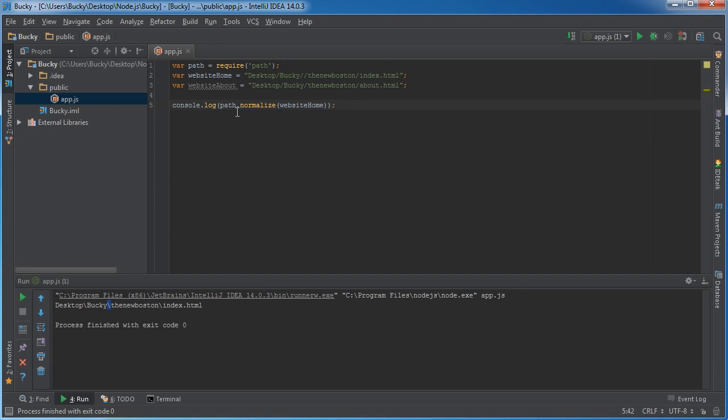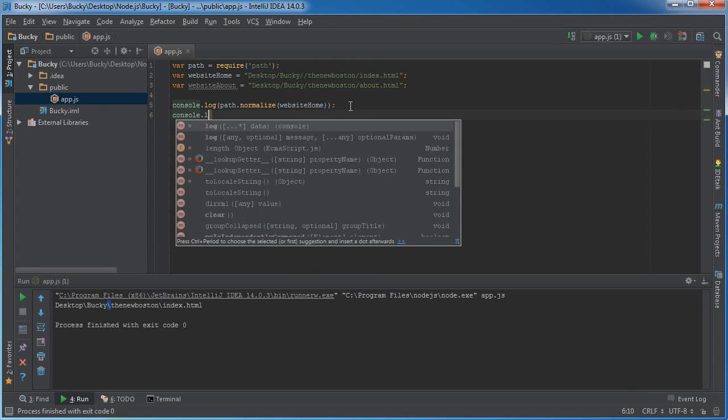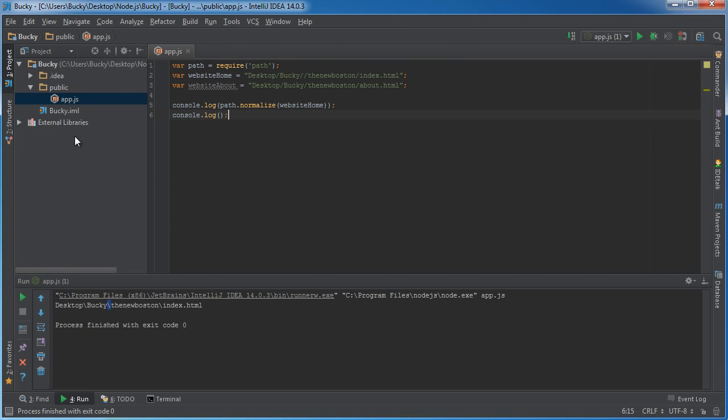So you're going to use this a lot whenever you're working with web servers, and I'll show you guys how to create an HTTP server and a file server in the upcoming tutorials. But for now, I'll show you guys a couple other cool things around here. So let me just log 3 different things out real quick. All right. So another cool thing that you're going to want to use is this